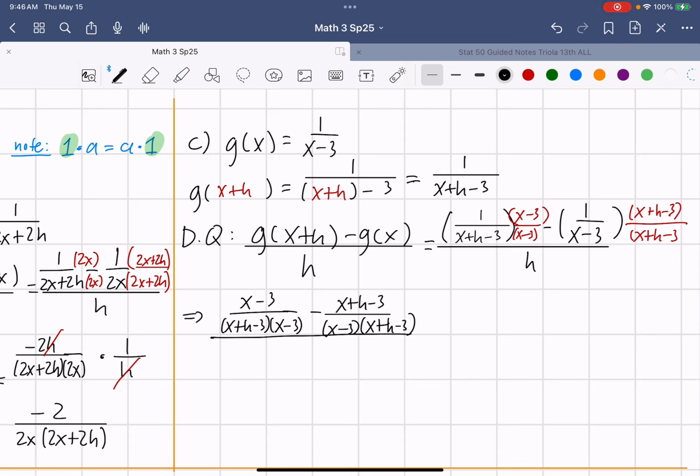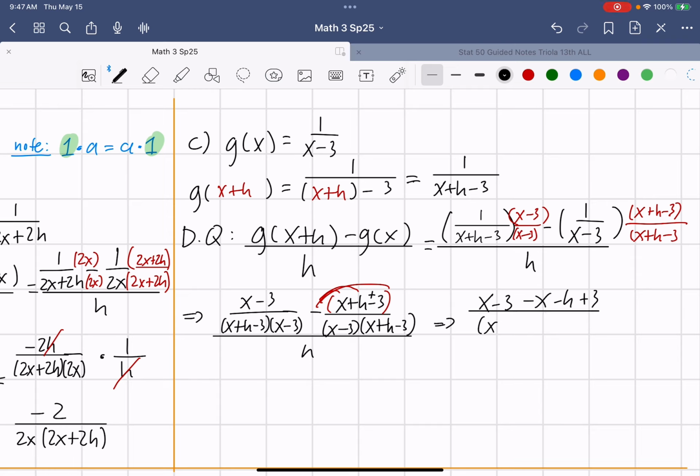And all over h. The goal of having the same denominator is to combine everything into one single fraction. And once you have one single fraction, you can continue simplifying. But you have to remember, this negative is going to distribute to that numerator. So that's going to be x minus 3 minus x minus h. But that last 3 is going to become positive because a negative times a negative is positive, all over